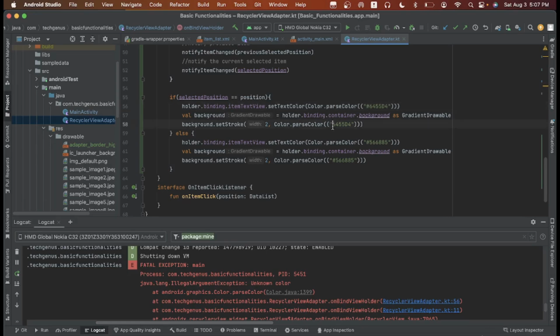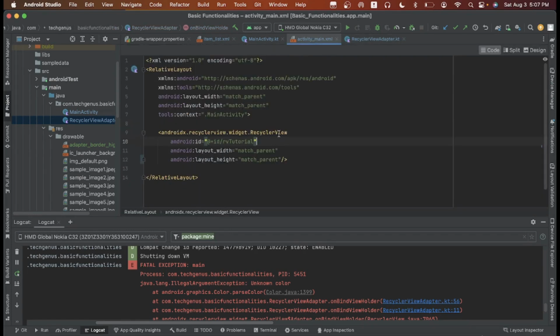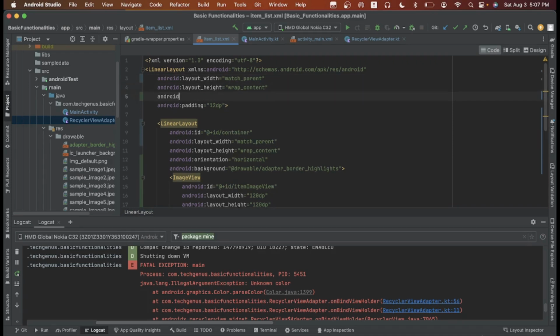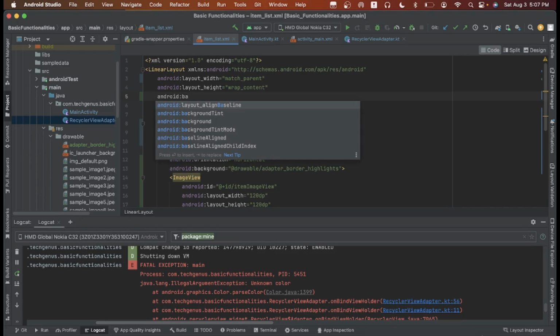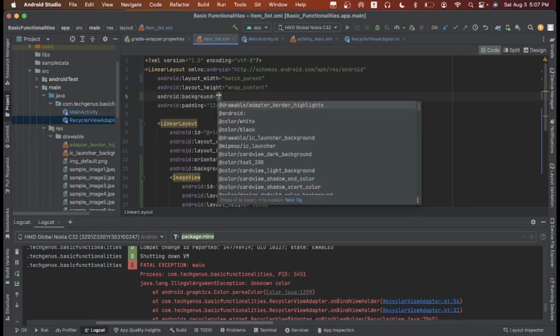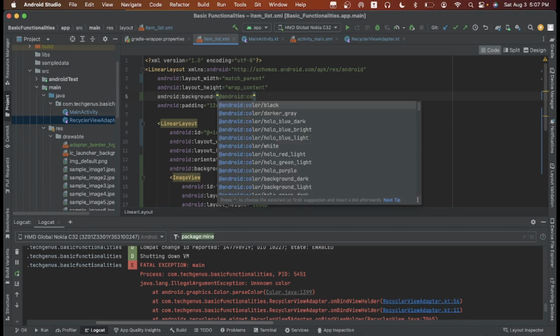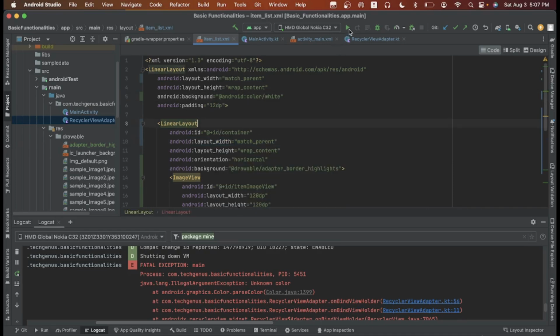And also our item view needs to match parent. We also need to add a background color. So let's run again.